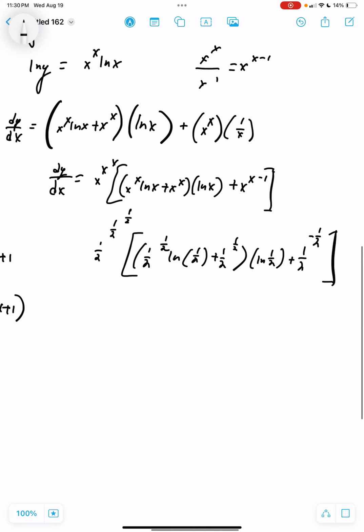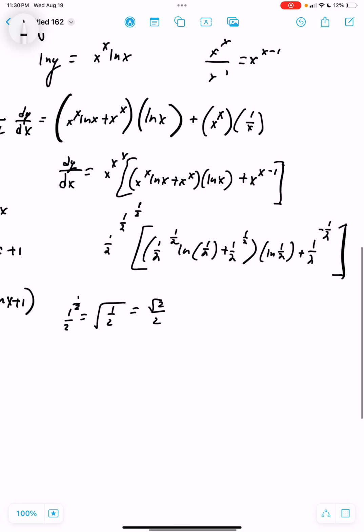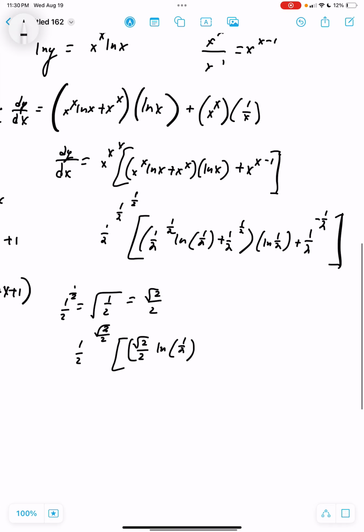And now let's go ahead and try and evaluate this. So let's think about what 1/2 raised to the 1/2 means. Well, 1/2 raised to the 1/2 is simply going to be equal to the square root of 1/2, which is going to be equal to root 2 over 2 when I rationalize that denominator. So I could simplify this to 1/2 raised to the root 2 over 2 times root 2 over 2 ln of 1/2, plus root 2 over 2 ln of 1/2, plus